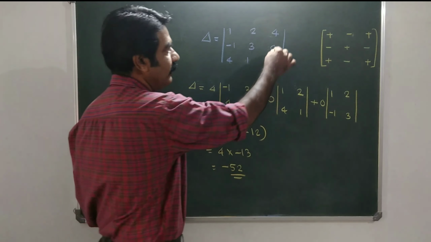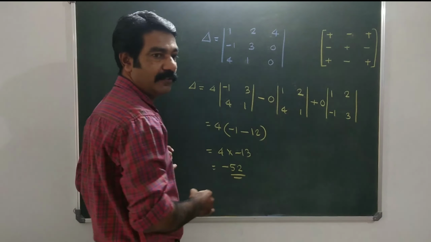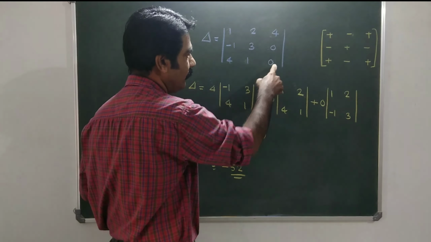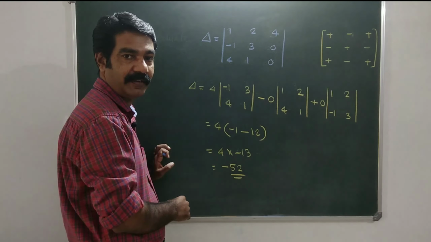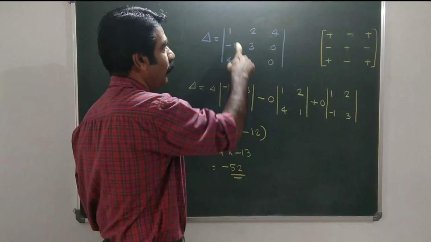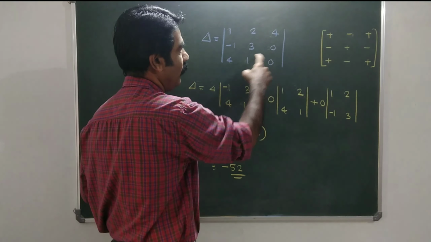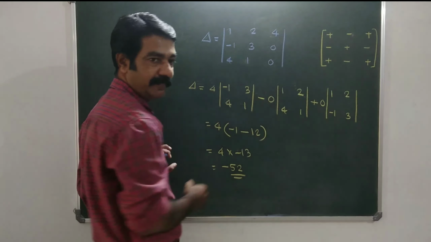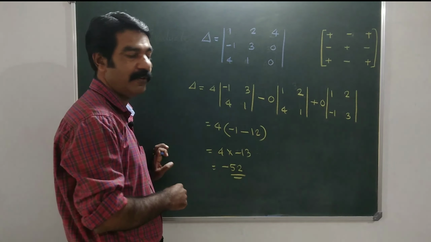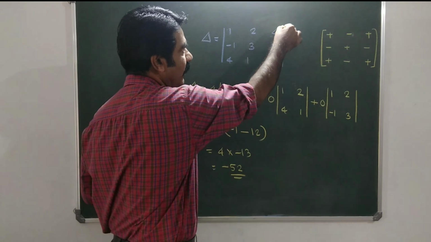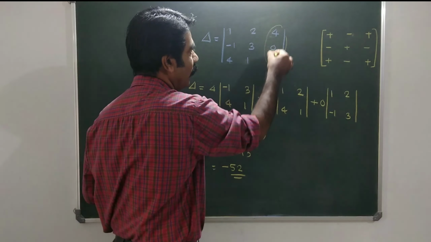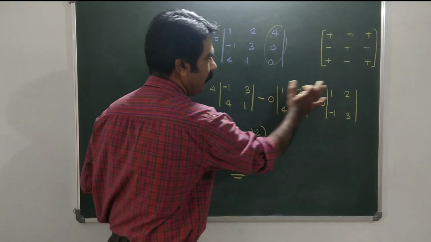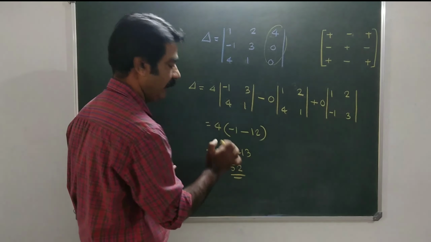We got the answer very easily now. Here, see, 2 zeros are here. So expanding this determinant along the third column is easier. We can expand this determinant along the first row, second row, third row, or along the first column, second column or third column. But which is easier now? The third row, because the third row contains 2 zeros. This becomes 0. This becomes 0. Only this remains. Very simple.